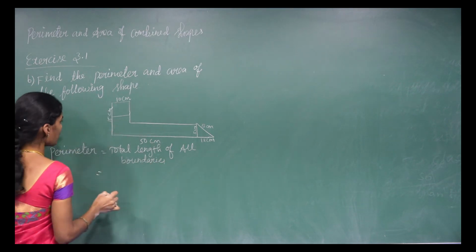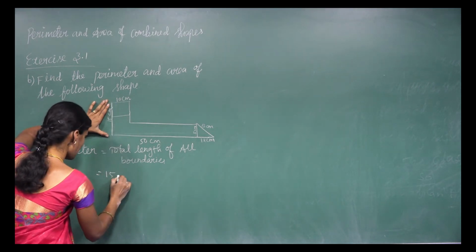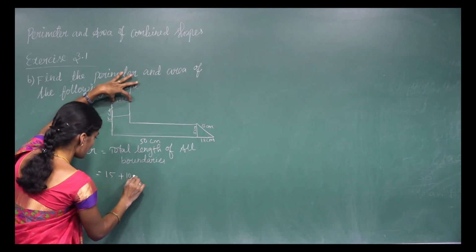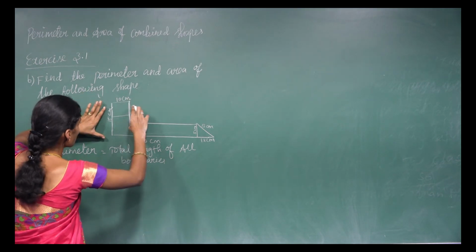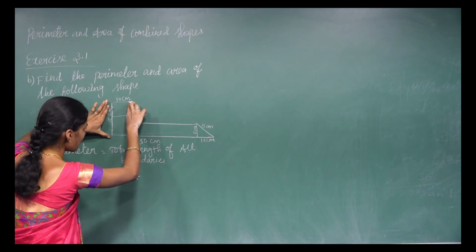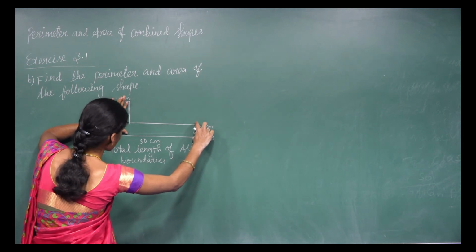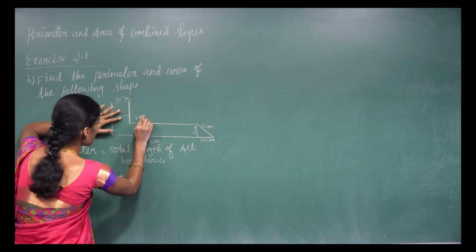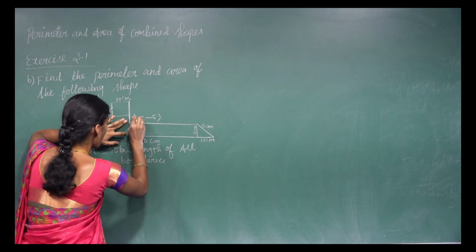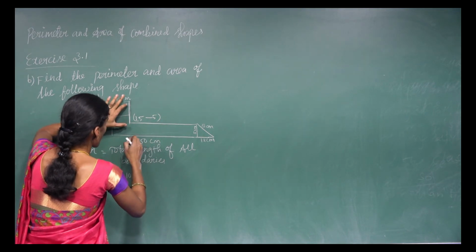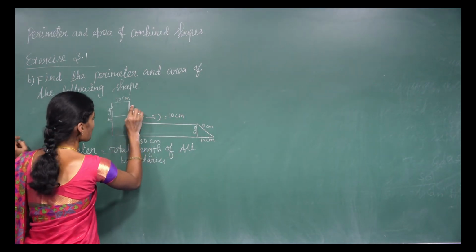Shall we start now? Start with this portion. All boundaries only. So this is 15 centimeter. Plus next this one is 10 centimeter. Next we want to calculate this portion. See, totally this is fully 15. But we want to see, this part is also occupied. We want to reduce 5 centimeter here. So 15 minus 5. How much? 10 centimeter. 15 minus 5 is 10 centimeter in this portion.